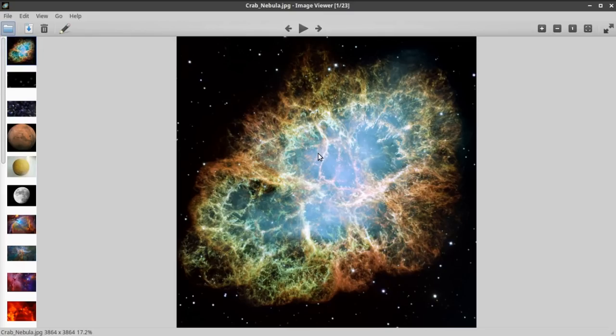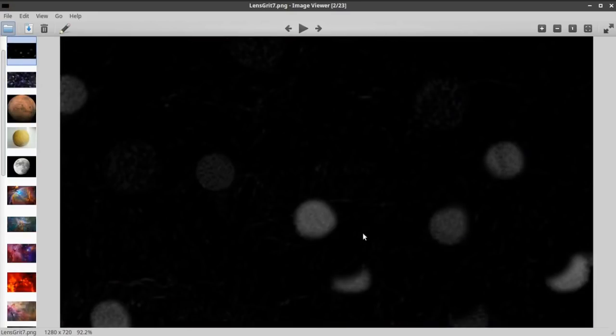It's probably the easiest way these days to get images rather than getting on dedicated image websites. Google is amazing. You can find anything on the search engine. It gives you a lot of tools to find images in particular. So some Nebula. I have some lens grit and some lens flare images. You can get those the same way online, or if you want to, you can go download a package that